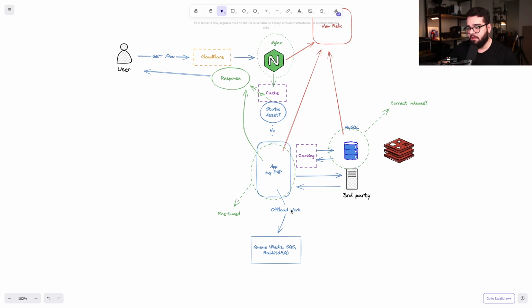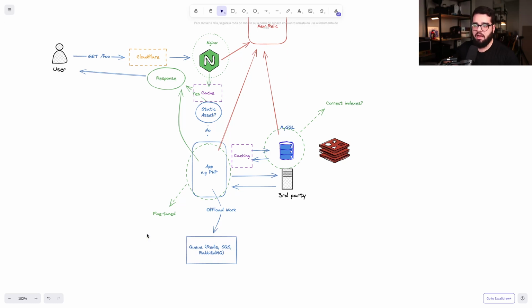The second benefit is that IO work, which would be maybe writing something to the database or talking to a third party, is now offloaded to a queue that's going to execute that asynchronously, so at a later time. And within your queue, you don't really have to worry about giving the user a fast response as you have to do in a synchronous context, as in a request context. You don't want the user to wait for a lot of time, etc. So you can just leave that in the queue,